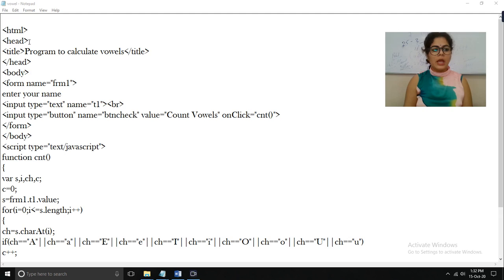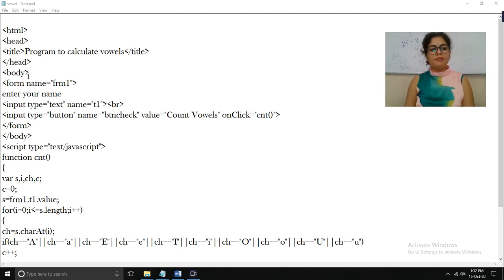HTML, head, title. The title I have chosen is program to calculate vowels in a given string. You can choose any title. Next, head tag close, and then body tag start. This is the start of the body tag, and inside the body tag we are going to create a form.